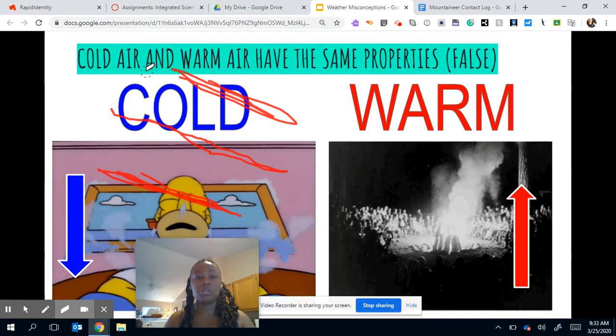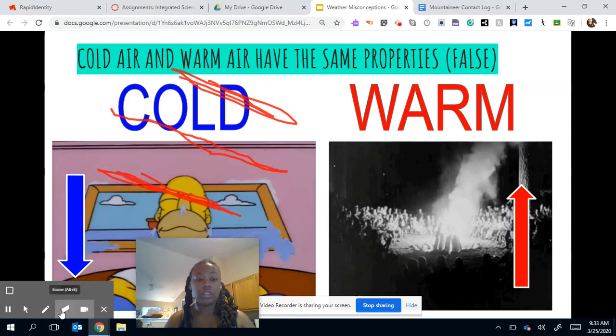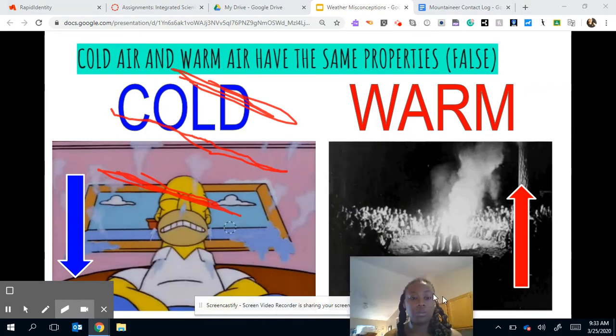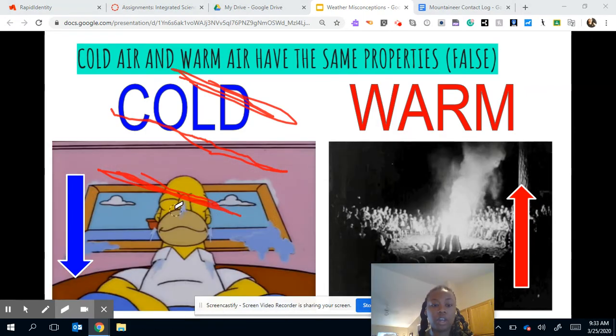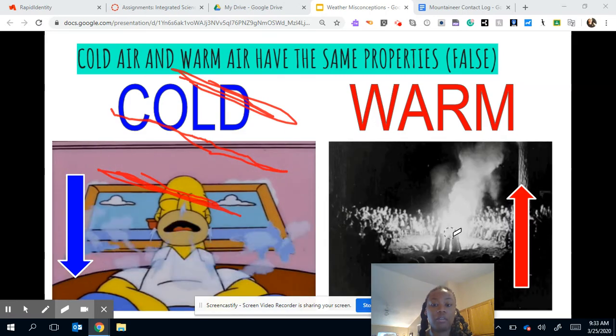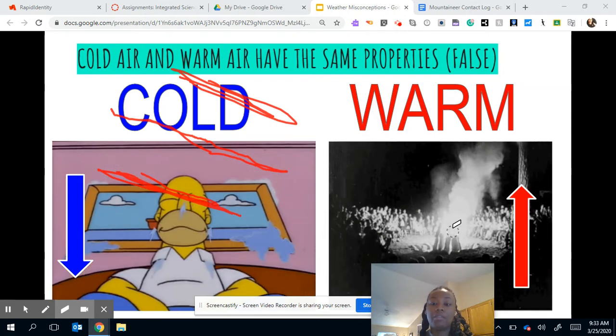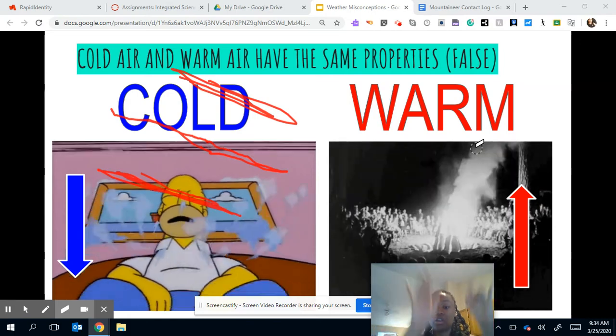So another misconception is that cold air and warm air have the same properties. Again, guys, that is false. So cold air, if we look at it, look at Homer breathing. That cold air is traveling down. Cold air is more dense, so it tends to move down, versus our warm air is lighter, so it tends to move upwards. So if we think about something like a bonfire, that smoke is all going to be pushing upwards,